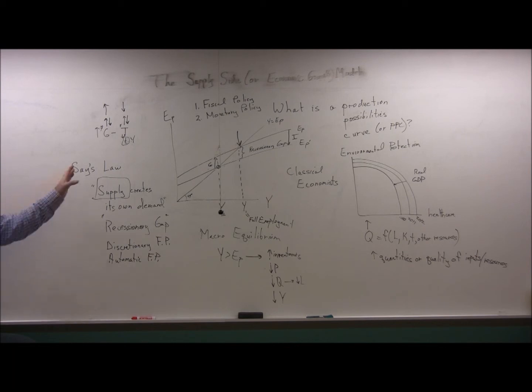Okay, so we put this system into place, and then we watch and see how it works, and sometimes we need more than that, and that's when the discretionary policy comes in, and Congress says, okay, we're going to spend more money, or we're going to cut taxes more. We're going to lower the rates, in other words.